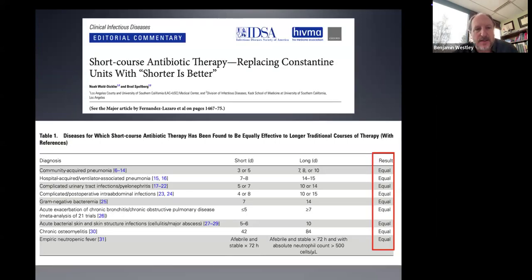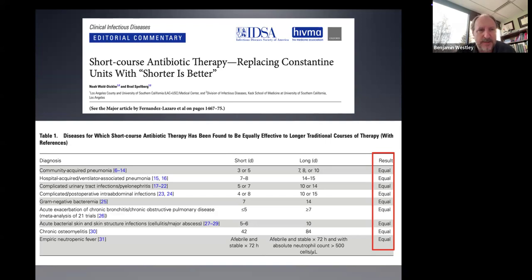So this is a nice description of that, published a few years ago by Brad Spellberg and Noah Wald-Dickler. Brad is really one of the stewardship gurus in the world, and just a common sense infectious disease physician from Southern California. They make the point that Constantine, Emperor Constantine, in ancient Roman times, when a calendar was being determined to have 7 days, somehow because of Constantine, we have ended up with treatment durations that tend to be 7 days or 14 days